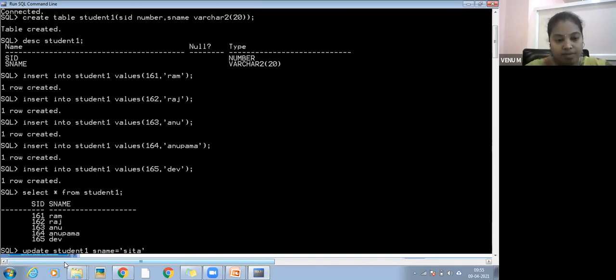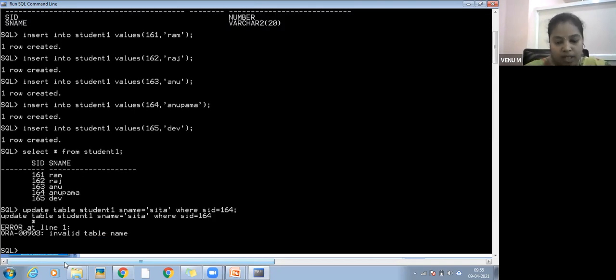Update table name, set old column name to the new value, where SID equals to 164. Update table name.